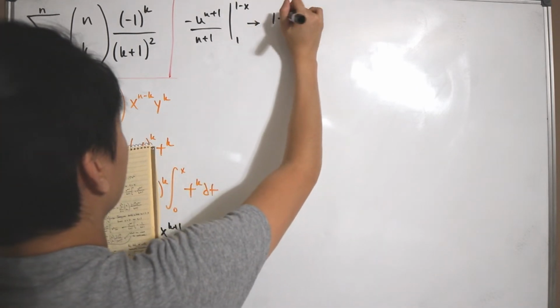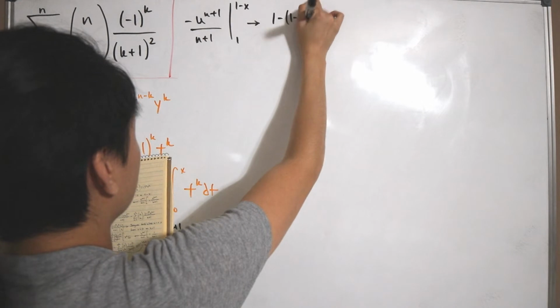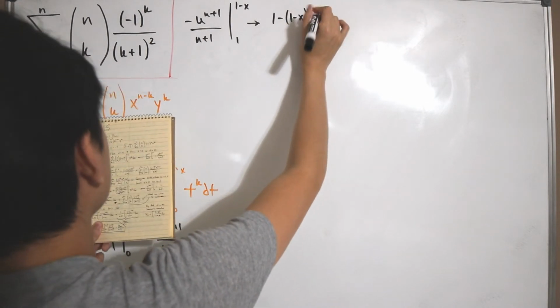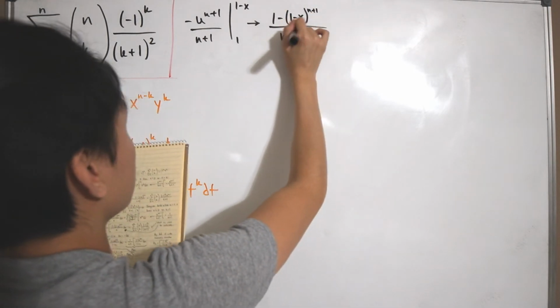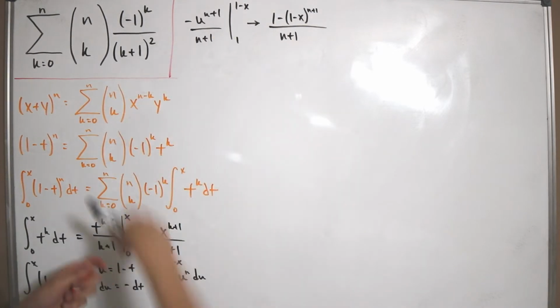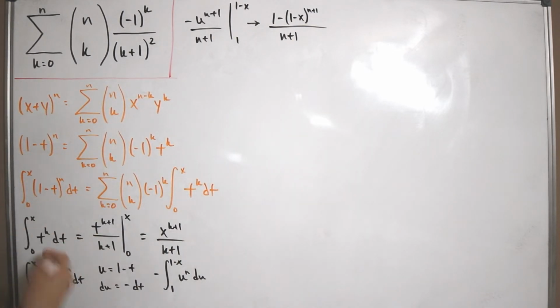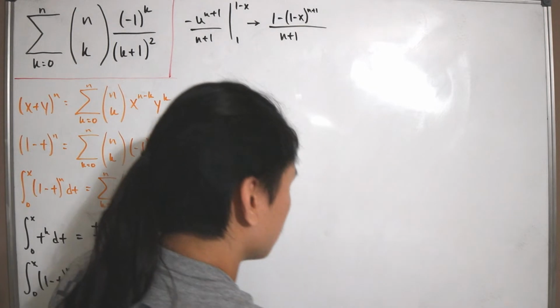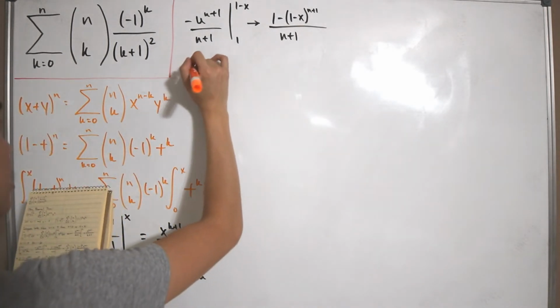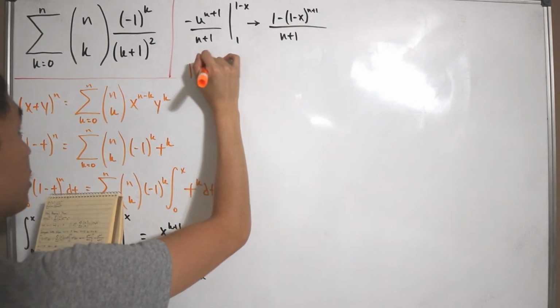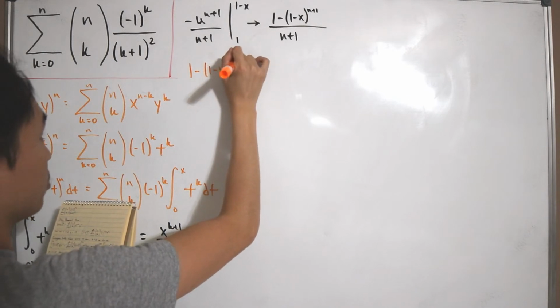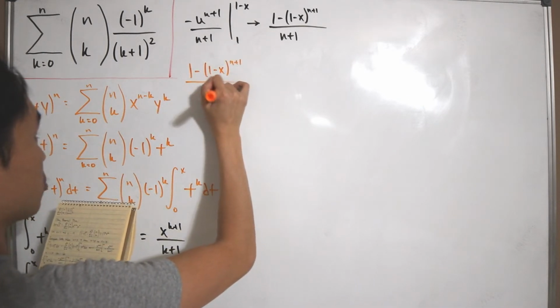So I have that this is (1 − x) to the power n + 1, divided by n + 1. Let's plug all this back into our substitution for what we have on the left and the right. So, restating, the left-hand side we have is (1 − x)^(n+1) divided by n + 1